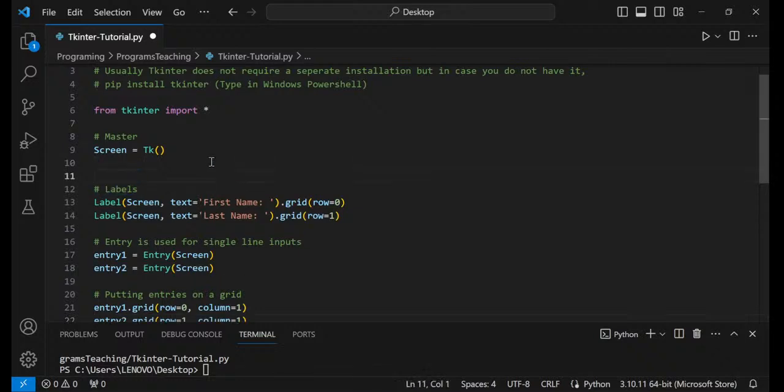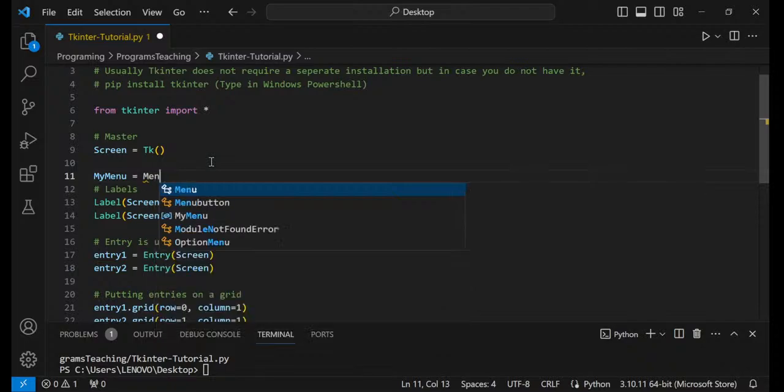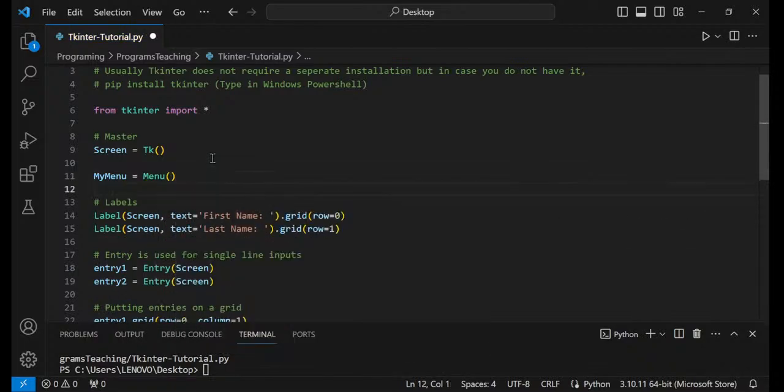I'll just do my menu equals menu. This is what we can use to create a menu, and then we can add a few labels to the menu. So for example, menu dot